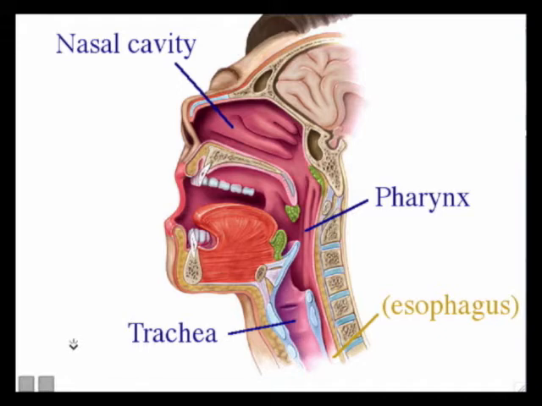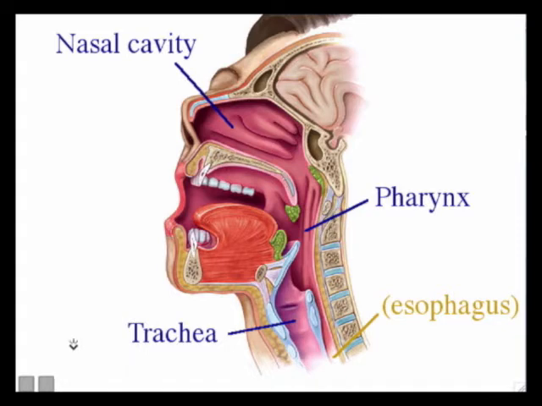Okay, now, so like I said, the pharynx is not just for air, it also carries food and water. Well, the food and water need to go down into the esophagus so they can be digested. And you don't want the food and water going down in your trachea, because then you would end up choking. And so how does your airways handle that? How does your airways ensure that the food and water go down the esophagus and the air goes down the